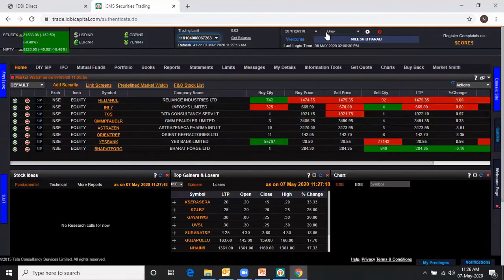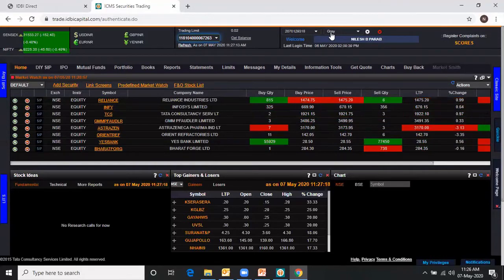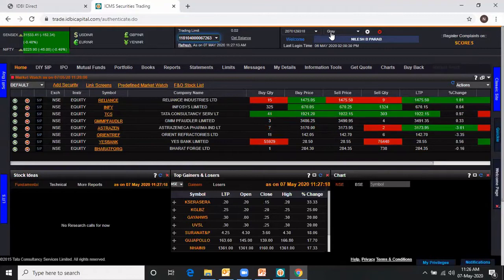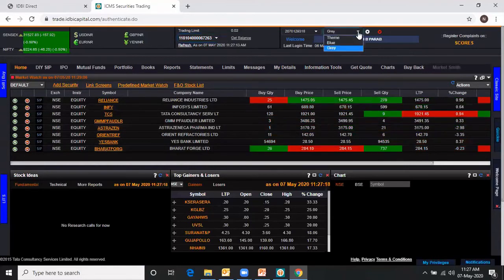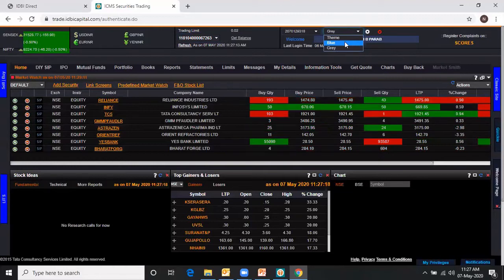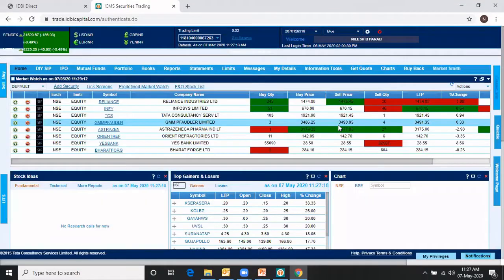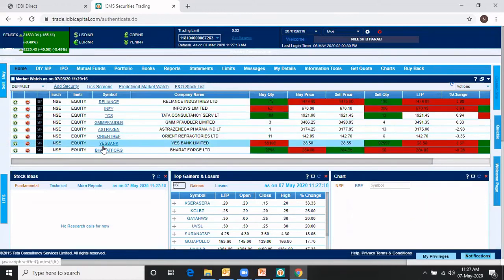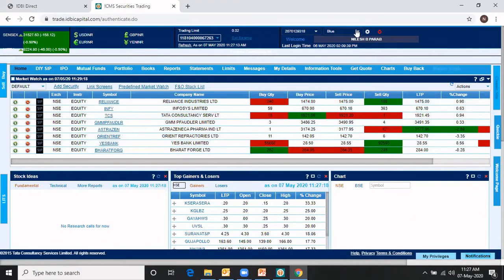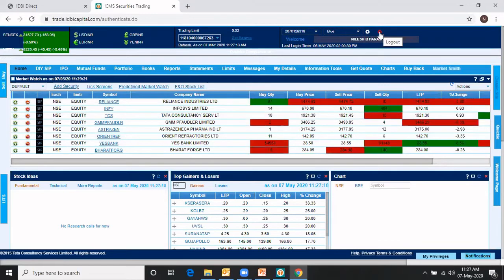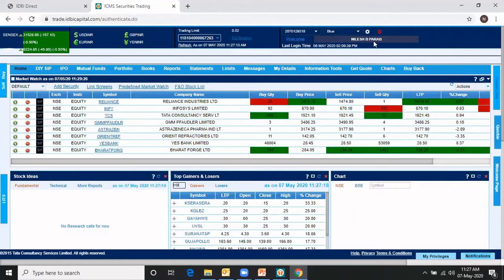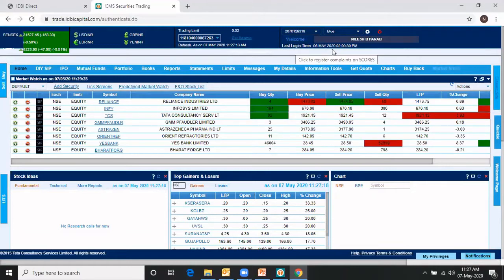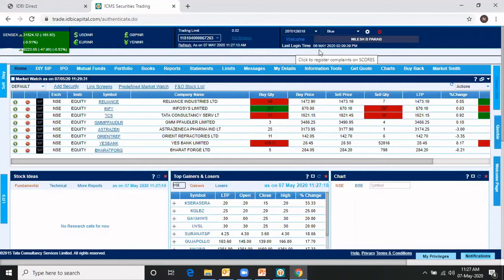Then this theme I can change. Now it is gray. So what do I mean by gray? If you see this whole screen, it is gray and black, but certain people don't like it. So you can convert it into blue. I normally put it blue so that it is bright and energetic. That is my personal feeling. Same way, this is the button for logout. If you want to log out, you have to click here. And this is my name. This is my last login time, so when I last logged into this account, I'll be able to see it here.